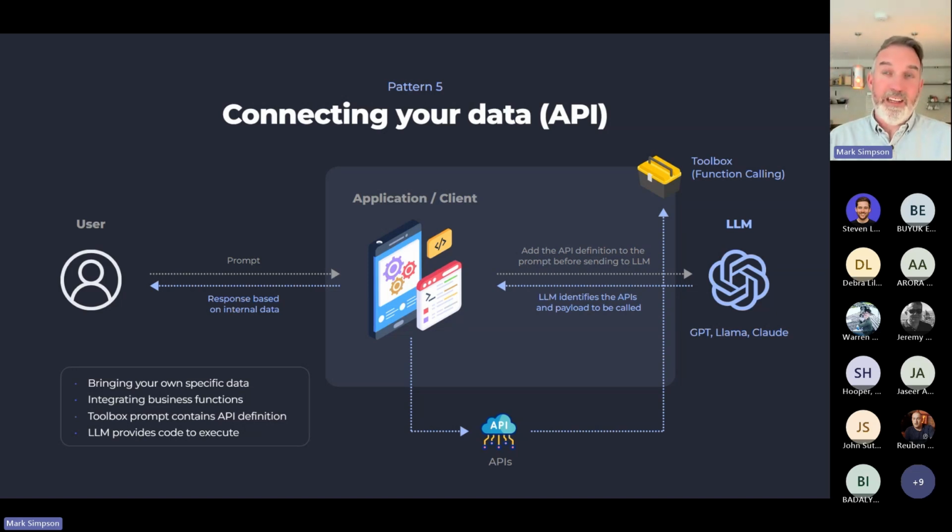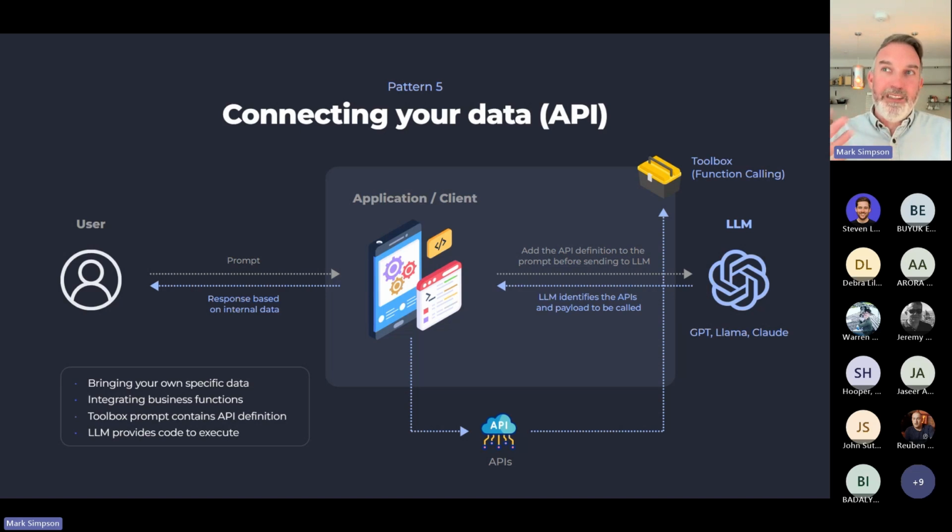Now, again, the philosophy is exactly the same. We do not want to allow the general LLM models to be able to call your APIs. That would break the trust. So what we want to do again is prepare the context and the information to pass in to the model. So here, much like we had a vector store of all of your PDFs, we would want to build what we call a toolbox of functions or API calls or data queries that will give extra information that is private to your organization, that is behind your firewall, that is not to be shared with the LLMs.